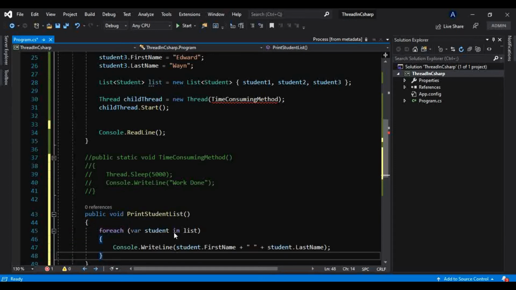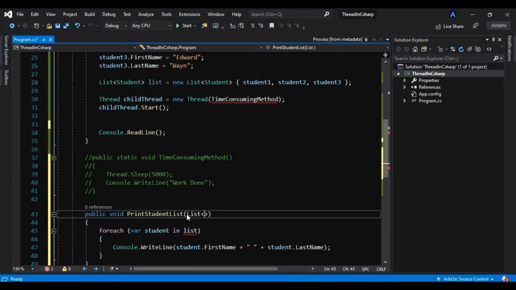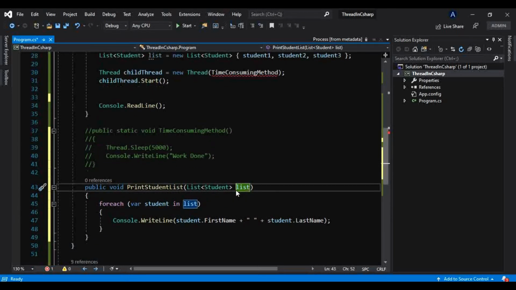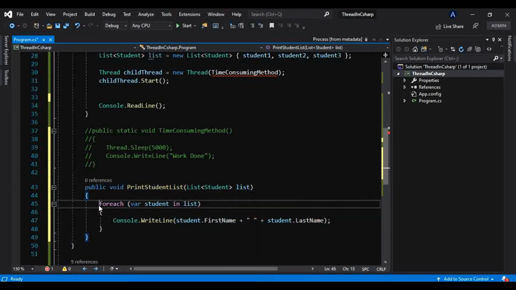But now we are required to have that list, so we have to pass it as a parameter, a list of student. As soon as I give that list to it, the error goes away, and now this method is printing that list of student.